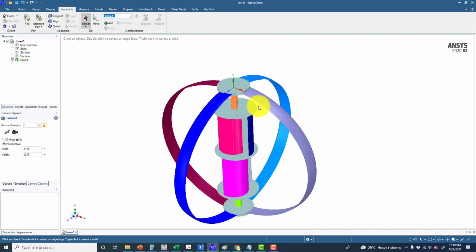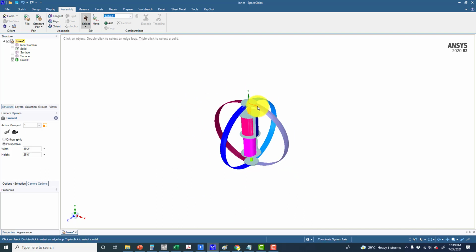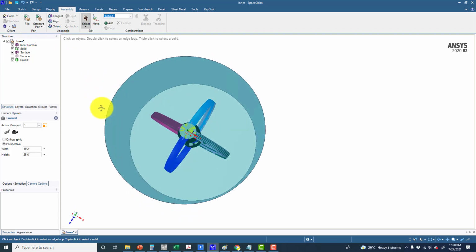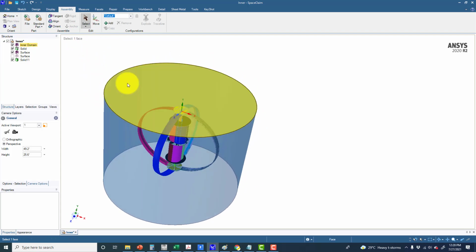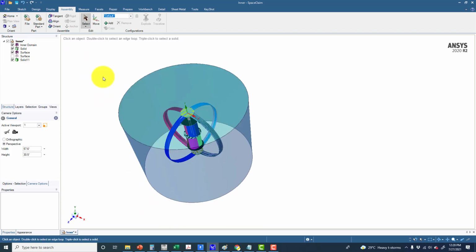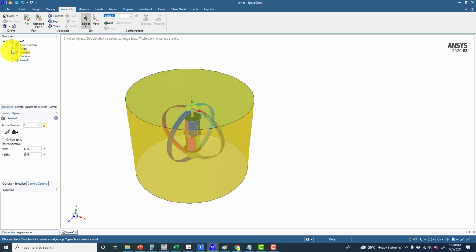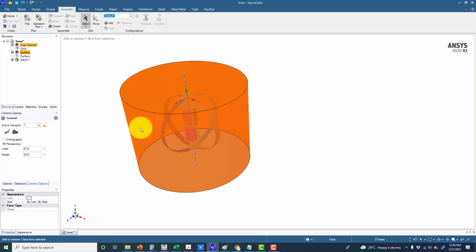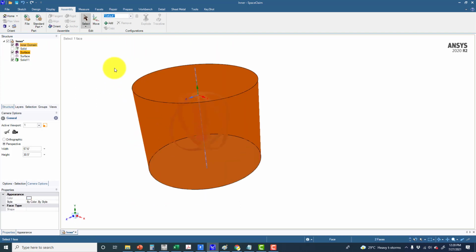So in the internal flow, basically we will use the existing boundaries, but in the case of external flow, that is a wind turbine, for example, we have to create the domain or the control volume where the air will be interacting with this wind turbine. And here I have already created these three surfaces, which are very simple to create in SpaceClaim. So what we do is that we will be making a solid body out of these three surfaces, and for